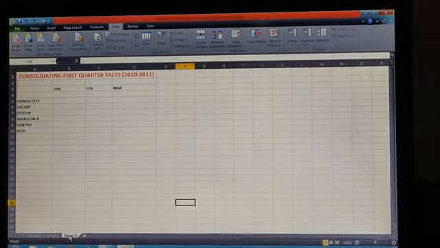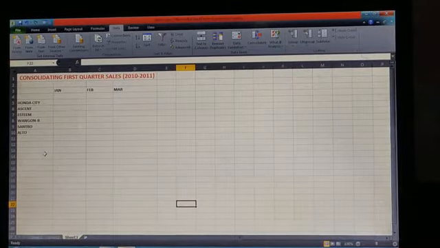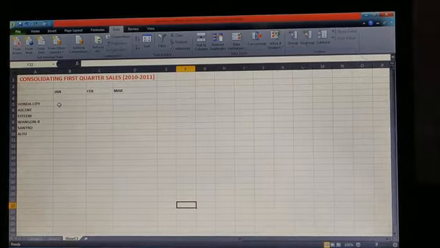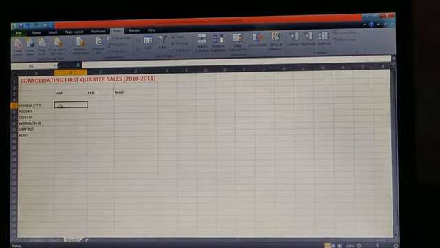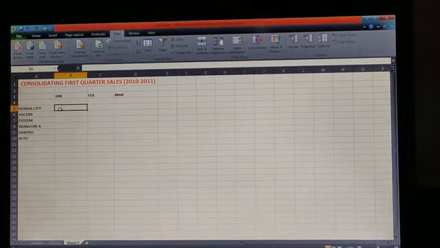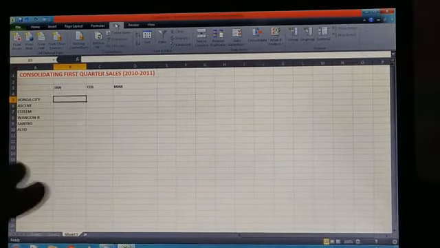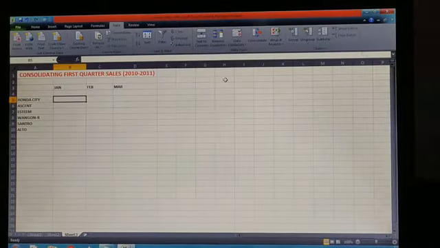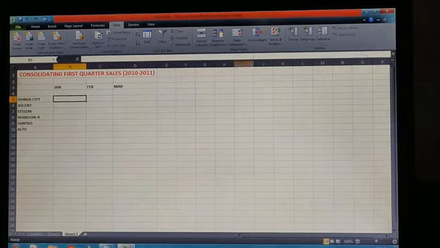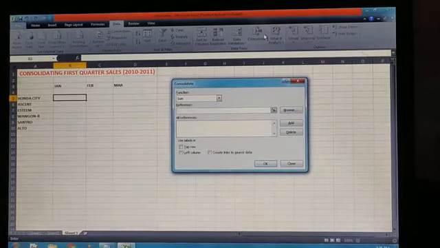Okay, and here we have to select the B5 cell. Okay students, you can see all the steps very carefully from your book also. So here I am selecting the cell that is B5. Now I am selecting the data tab, that is automatically selected. Now there is an option that is consolidate, so you have to click on that. Now consolidate dialog box will appear.